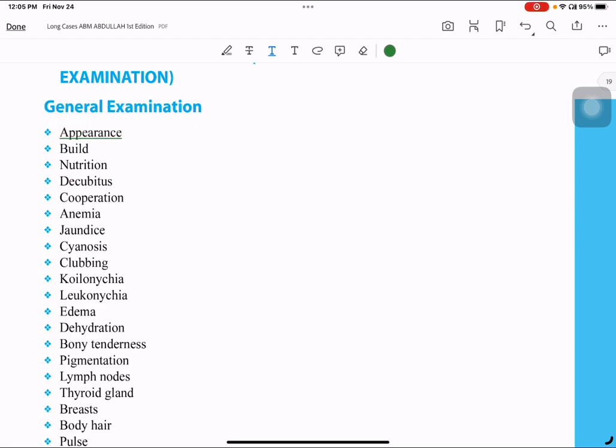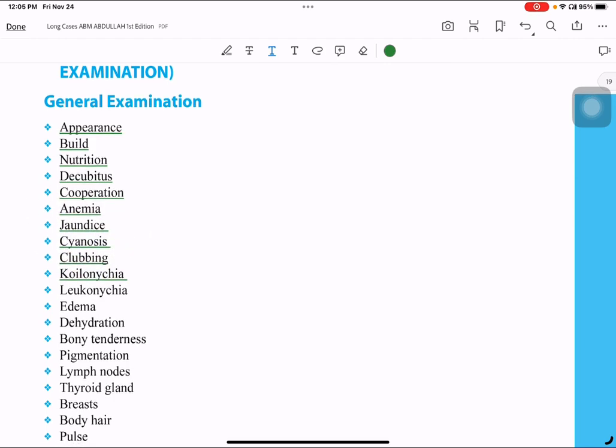Then build, nutrition, decubitus condition, cooperation, anemia, jaundice, cyanosis, clubbing, koilonychia, leukonychia, edema, dehydration, bony tenderness, pigmentation, lymph node, thyroid gland, breast, body hair,